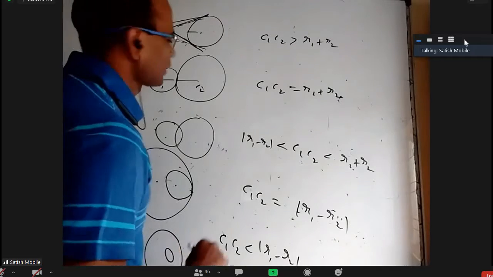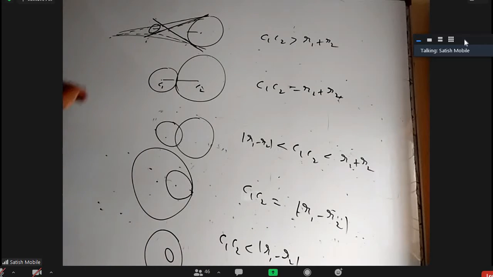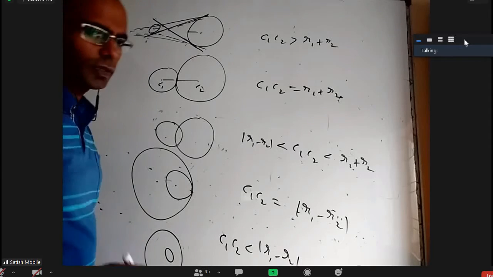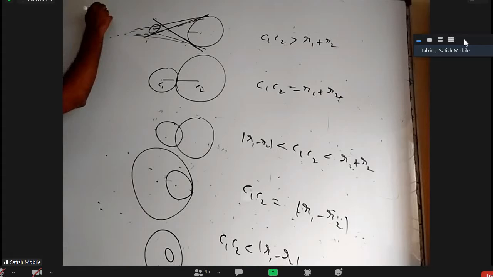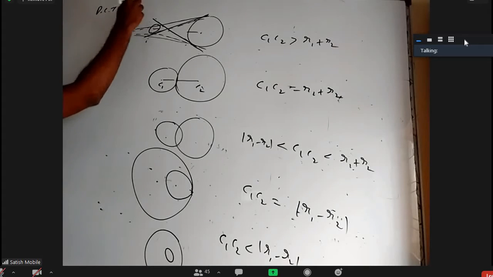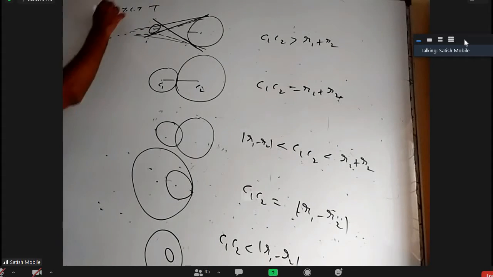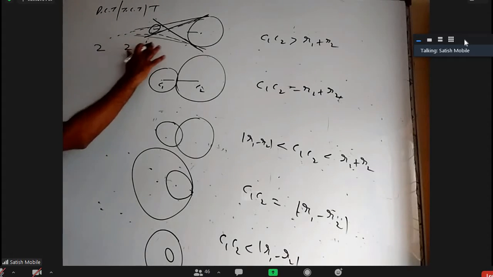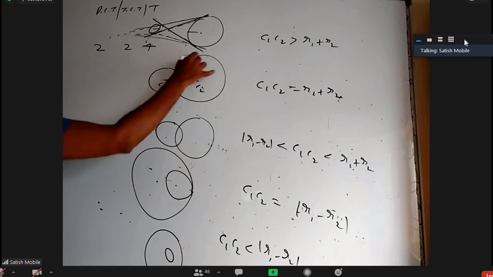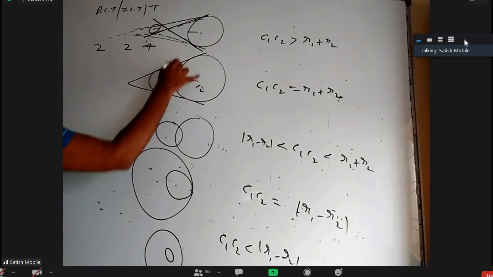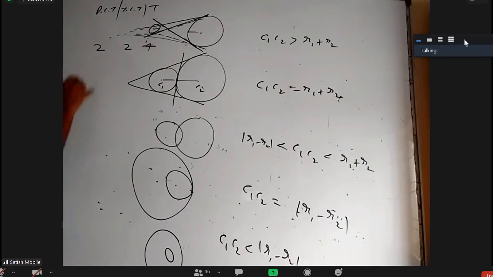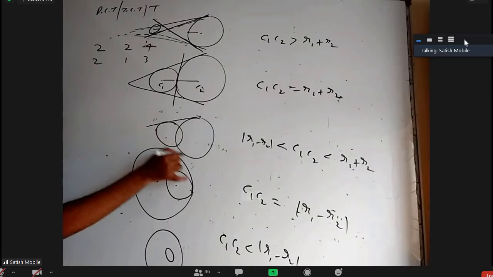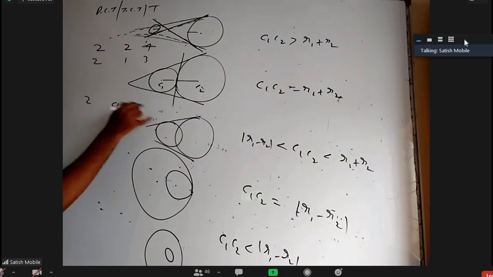So for the number of common tangents, I have to write three numbers: direct common tangents, transverse common tangents, and total tangents. Here the direct common tangents are 2, transverse common tangents 2, total is 4. Coming to this, these two are direct common tangents and this is 1 transverse common tangent. So 2 here, 1 here, total 3 for this. Here no transverse, only 2 direct. So 2, 0 and total will be 2.